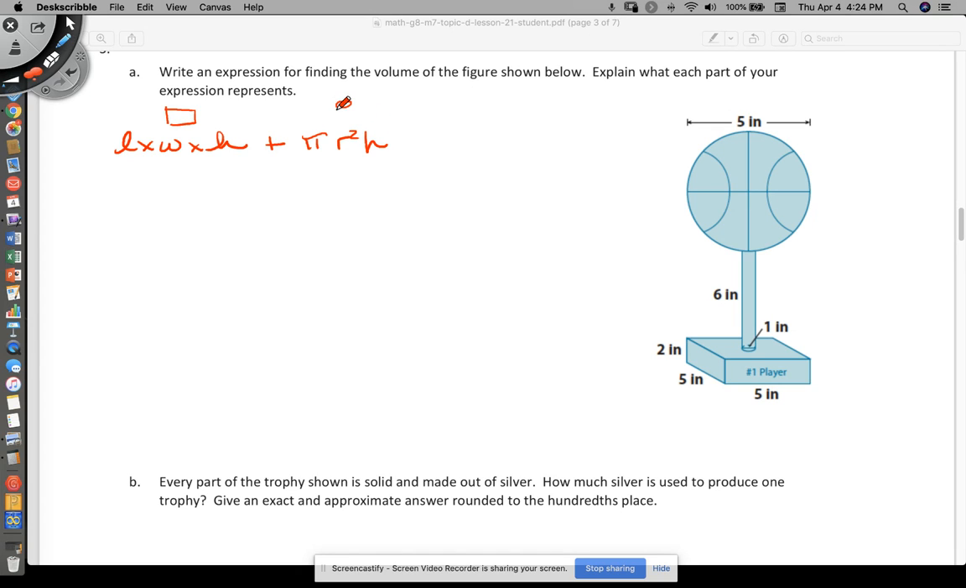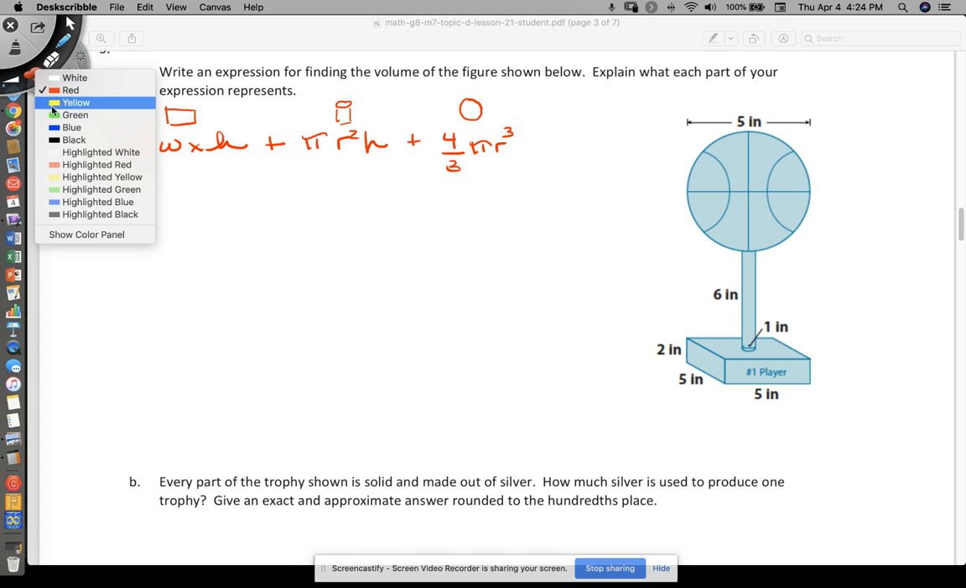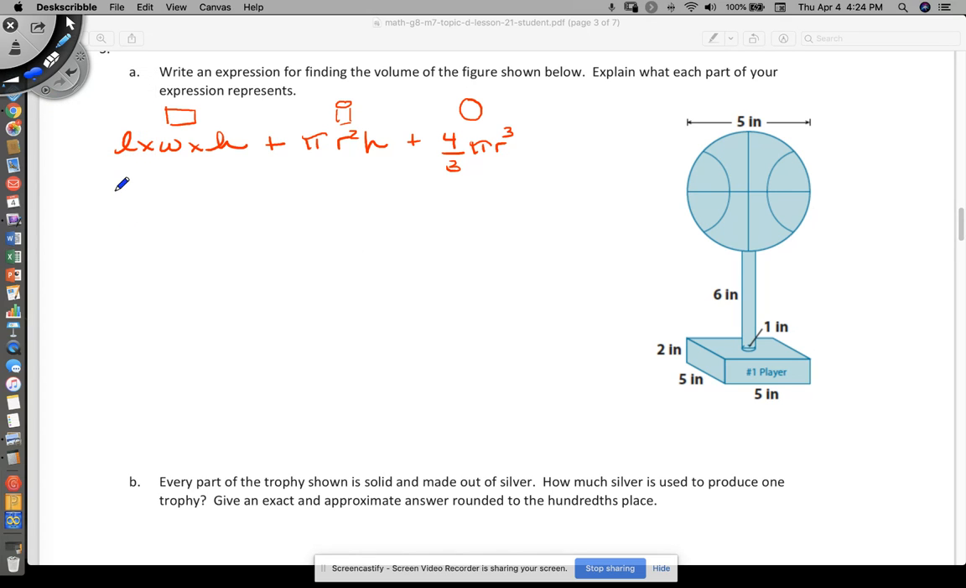This is going to be the cylinder piece. And then we're going to add that to the sphere, which is 4/3 pi r cubed. And this is going to be for the ball. All right, so now let's put in some actual numbers. This is going to be 5 times 5 times 2 plus pi times half